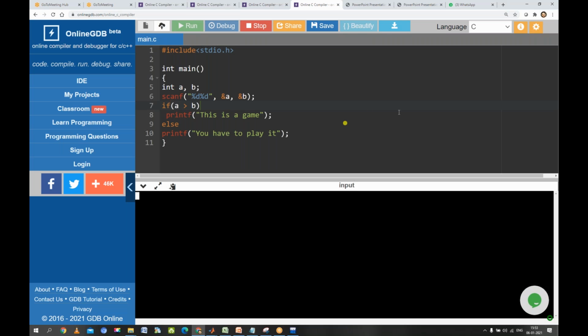Okay. So in this particular program, we got 2 types of error. In fact, supplying the address is not an error, it is a warning. Because in this particular scanf, we should always supply this address. Otherwise, how are we going to store the values, right? So that is a kind of warning. And then in the second statement, we have supplied the same.